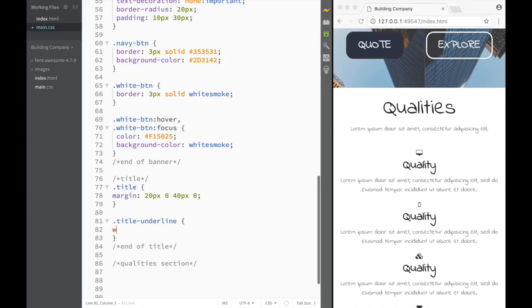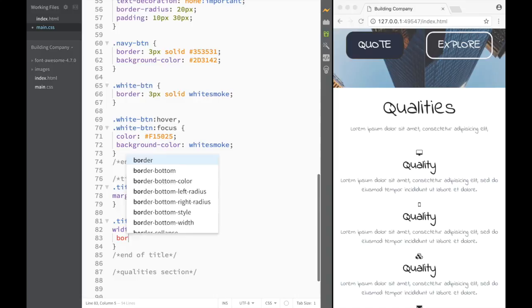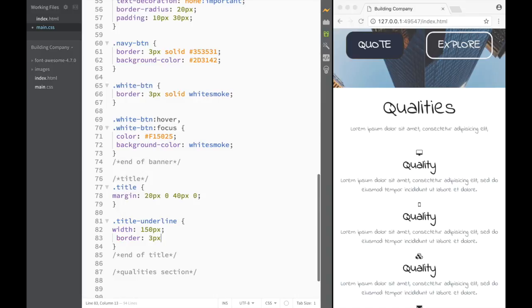And here we're going to say that this is going to have width of 150, right? Then we're going to have a border, 3 pixel solid over here, and then we're going to say this is going to be F15025, right? So this is going to be a border for title underline,